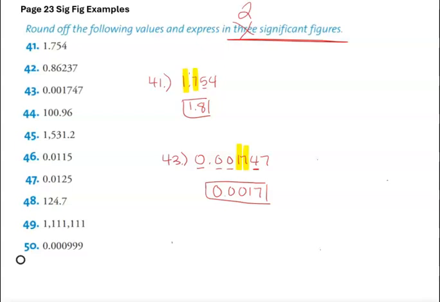Let's do 47. 2 significant figures. 0.0125. Again, these zeros are not going to be significant because we don't have any non-zero numbers in front of them. So these zeros are going to be more like placeholders. Our 2 significant figures are going to be our 1 and our 2. But we have a 5 here. So we're going to end up needing to round up. So our answer is going to be